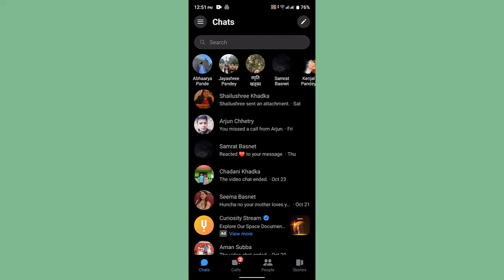Now for example, the first method is using the archive feature. Now if you've already archived the chats, then it's going to be stored in your archive folder. But if you have not added the chat to your archive folder, then you'll not be able to find it. Now for example, let's say that you've added the chat to an archive folder, then you need to tap